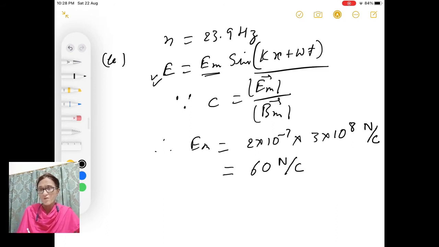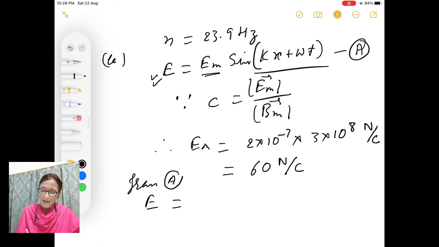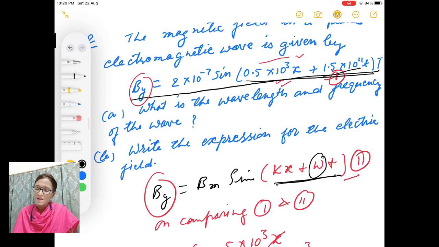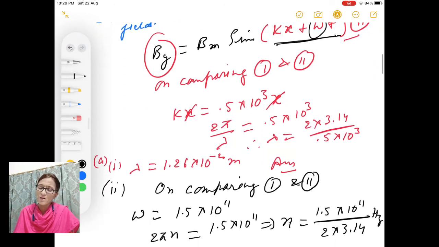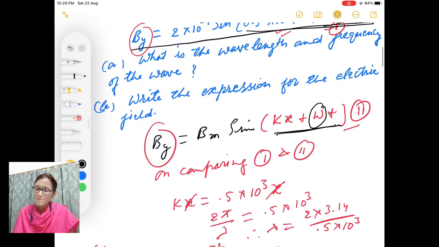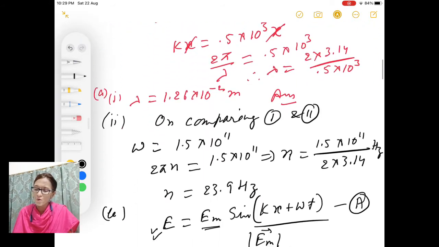Now we can write the equation for electric field. E will become equal to, from this equation, I should write A. From A, E is equal to 60 sine, and from this equation, because the phase angle of magnetic field and phase angle of electric field will be same, it is your 0.5 into 10 to the power 3 x plus omega, and omega is your 1.5 into 10 to the power 11